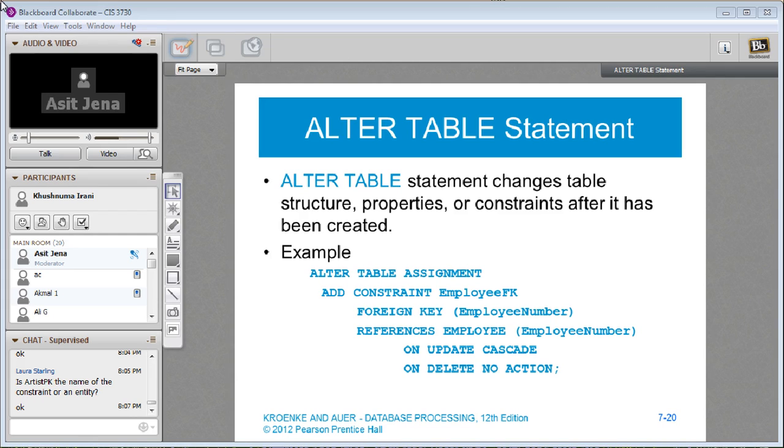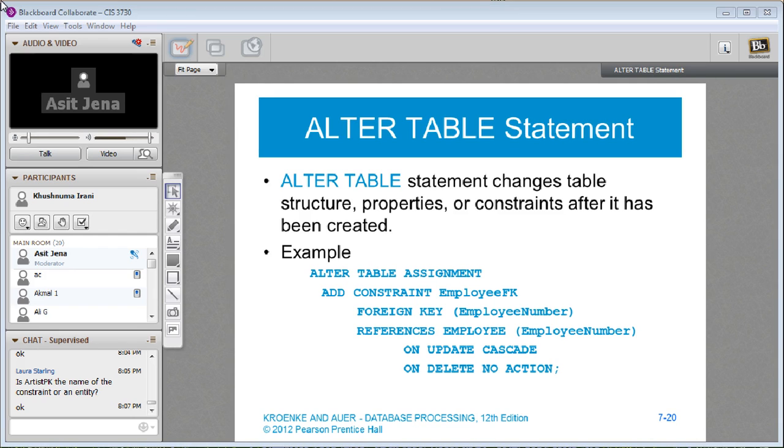Just ignore the on update cascade and on delete no action. That's not important. But that's basically saying that we are adding a new constraint based upon employee number in the employee table, which is a foreign key to this particular assignment table.